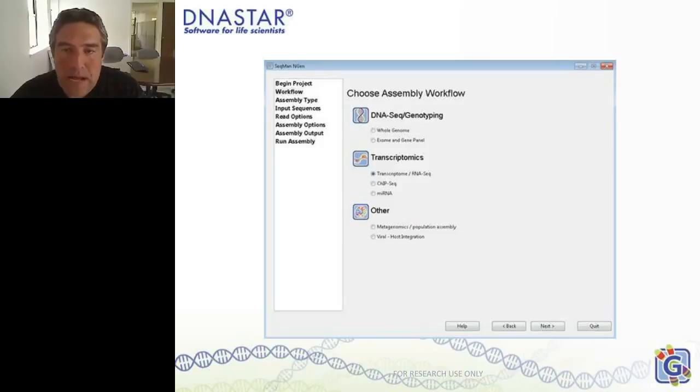The next option is to choose the assembly workflow. And the assembly workflow, then, you can see there's DNA-Seq and genotyping and transcriptomics and some other workflows. And as you make decisions here, it really starts to go down kind of a tree of different parameters that are optimal for these different types of workflows. So if we pick transcriptomics and then